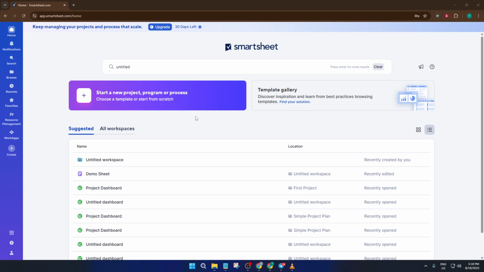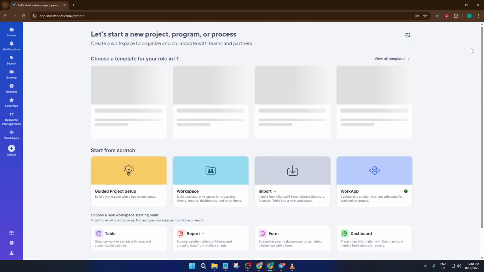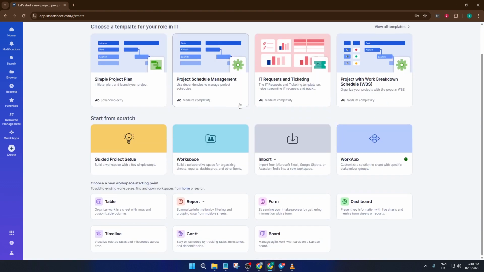Let's jump right in. First, start by heading over to the Browse section in your Smartsheet workspace. This is your home base for finding and organizing sheets, templates, and of course, reports. When you're ready to make a new report, look up to the top right of your screen and click on the Create button. It's your gateway to building just about anything in Smartsheet, and for reports, it's the first crucial